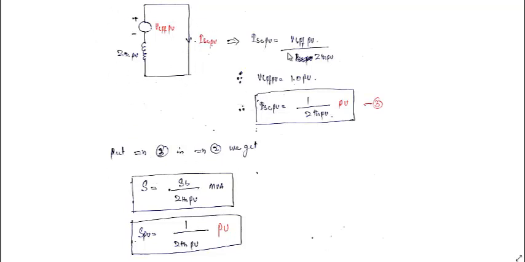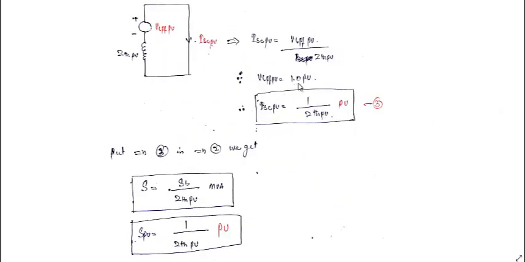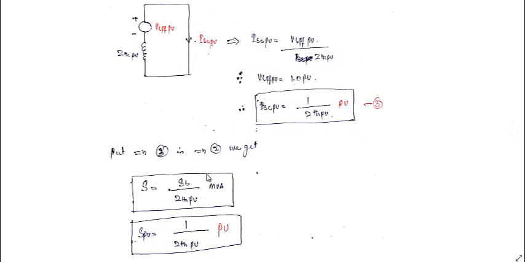So here I_SC per unit will be equal to V_LPF per unit divided by Z_TH, and as we have shown here, if we take the base as the same as V_T rated, that is, the pre-fault voltage at the fault point taken as base, this also comes out to be equal to 1.0 per unit. So I_SC per unit will be equal to 1 divided by Z_TH per unit. I'll put this over here in this equation. Then S will be equal to 1 divided by Z_TH in per unit multiplied by S_B. So we get this equation: S in actual value in MVA will be equal to S_B divided by Z_TH in per unit.